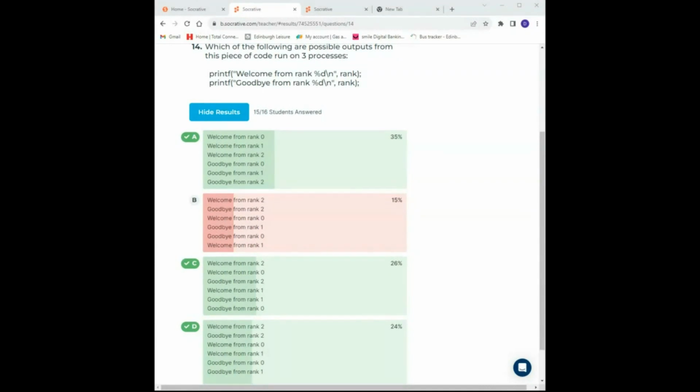So the order you see on the screen, just because welcome from rank 2 appears before welcome from rank 0, doesn't mean that print statement was issued in that order. Who knows what happened between the print happening and appearing on your screen? But what you do know is that a particular process's output will appear in order. So all of these have welcome from a particular process before the goodbye, except for this. Now that makes debugging MPI programs quite hard. It can be quite hard to track down your output. And again, the order